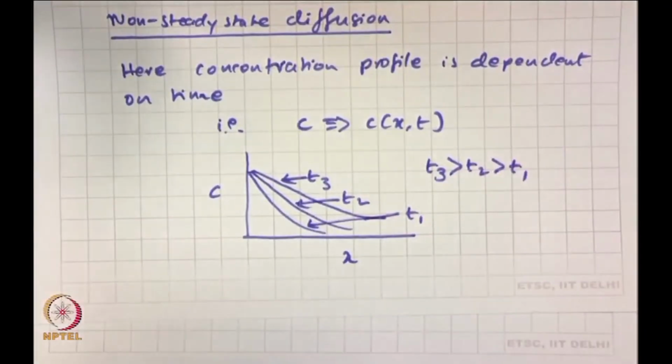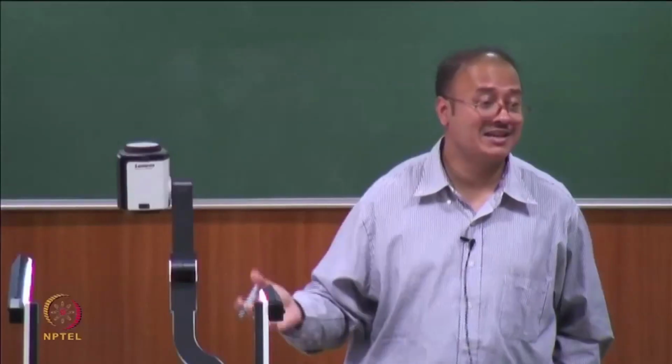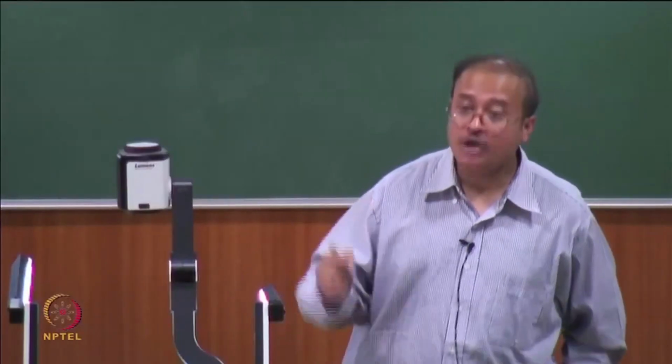It just tells you that your concentration profile is no longer the same at whatever time you are considering. At T3 you have a different gradient, you can see the slope is different, right. At T2 you have a different gradient, because the slope of the curve obviously gives you the gradient, and at T1 again you have a different gradient. So, this is a typical schematic of non-steady state diffusion,